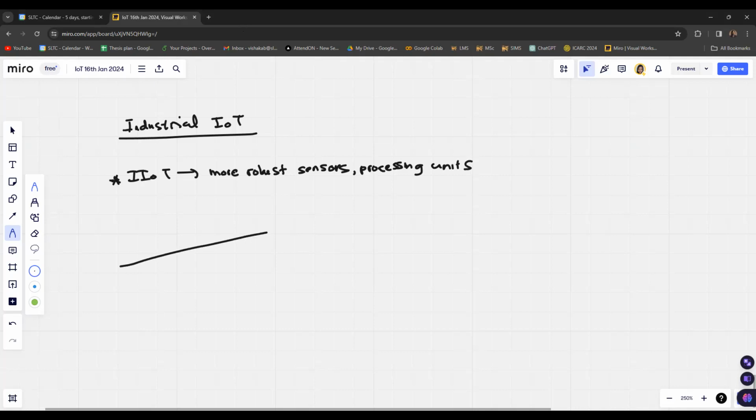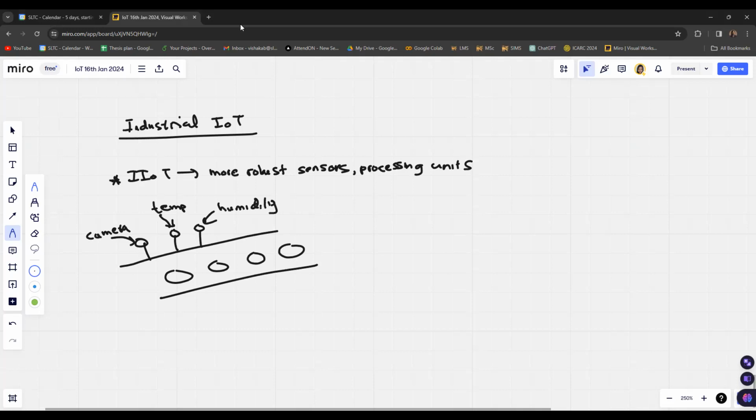If you take a production line with some products getting manufactured in the industry, then we can place some sensors in the production line to obtain different sensor measurements related to the product line. You can have a camera to obtain camera images. Then you can have a temperature sensing sensor, maybe a humidity measuring sensor, and other sensors you can install in there. Using those sensors, you can get some idea regarding the production and the product quality.